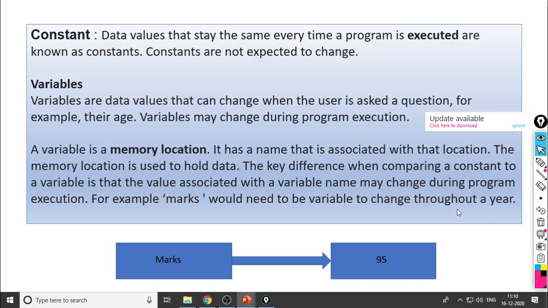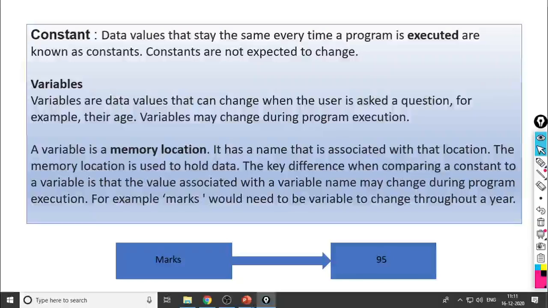So before going to see how we can solve the mathematical problem, let us consider two terms regarding mathematical problems. The first one is constant and the second one is variable. So what is the meaning of constant and what is a variable? Constant means, if we are going to solve the addition of two numbers, suppose 10 and 20. You should perform addition of these two numbers. So within this, what are the constant values? 10 and 20, because these are the inputs.